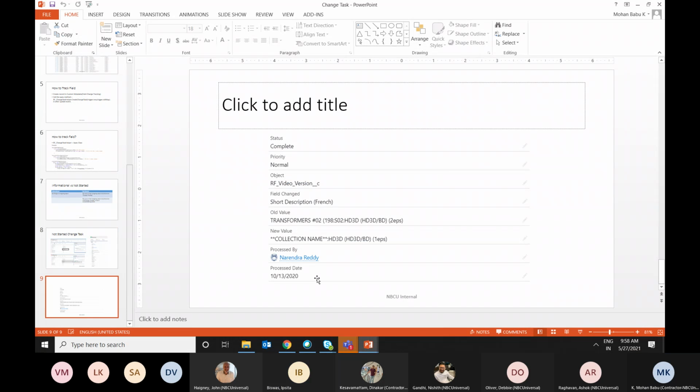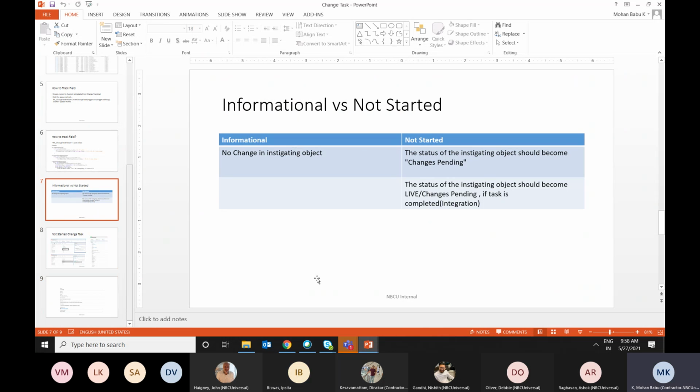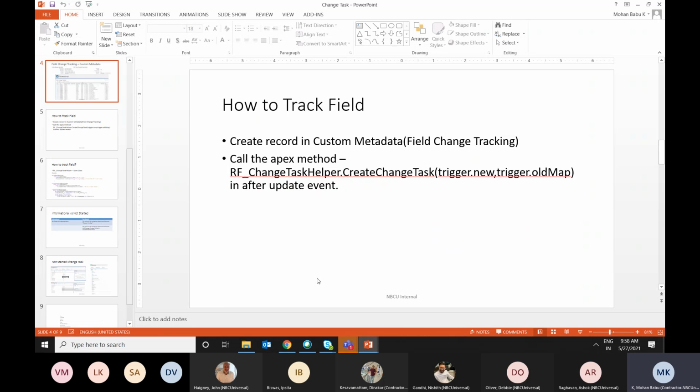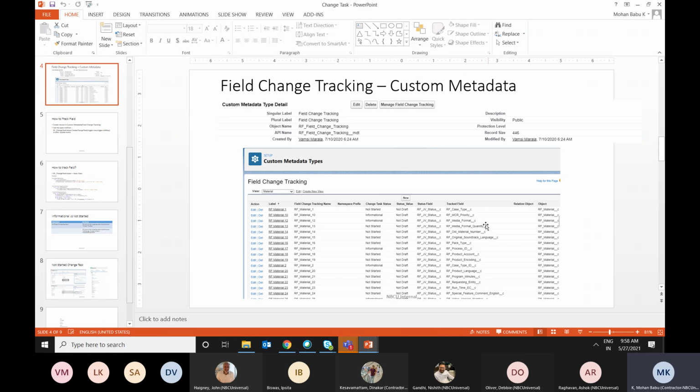This is how the change task will work, and it's for all the objects. What fields need to be tracked, we just need to insert in the custom metadata. So, Mohan, even for RF material and BOM header, BOM item, that also gets picked up by JV, or only the release one is picked up by JV, the change task?